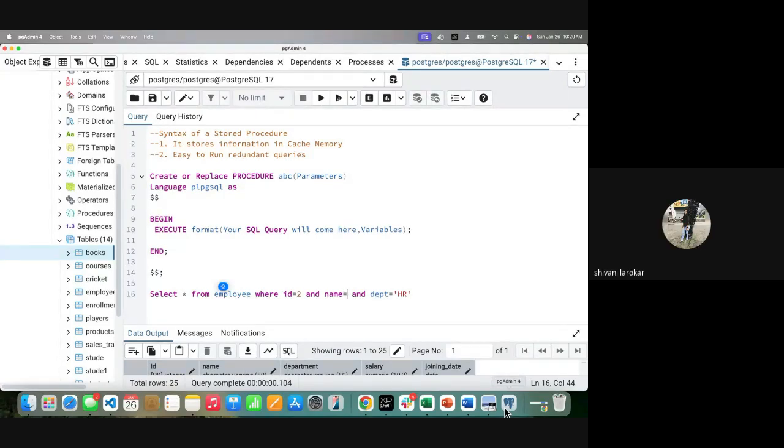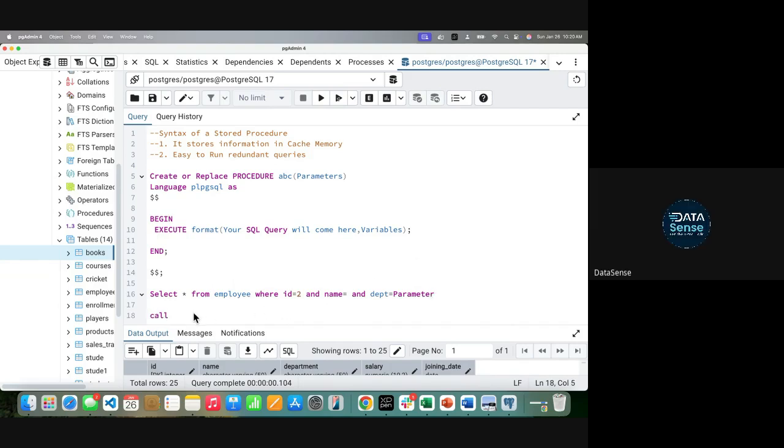Yes, got it. And another thing: like we said, it is going to be parameterized. Suppose today we want the results for department equal to HR. There might be hundreds of departments, so I'm not getting how we can change the department dynamically. If you think the department will change continuously, you will not put it static, you will put it as a variable. Yes, as a variable, but how are we going to call that variable? I'm not able to visualize, sorry.